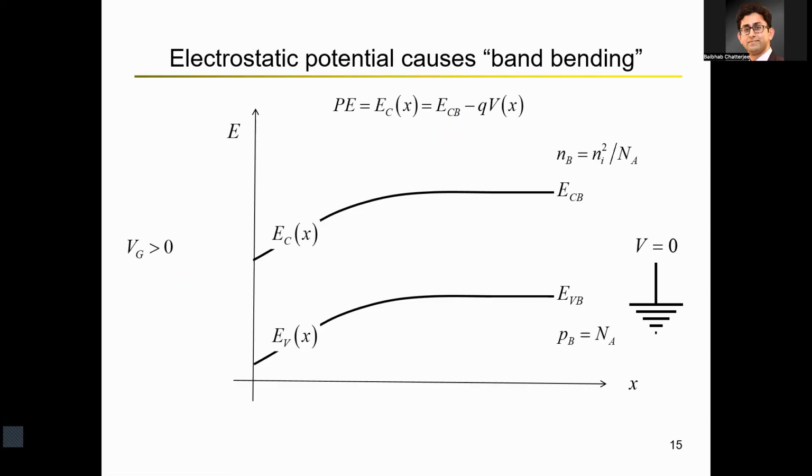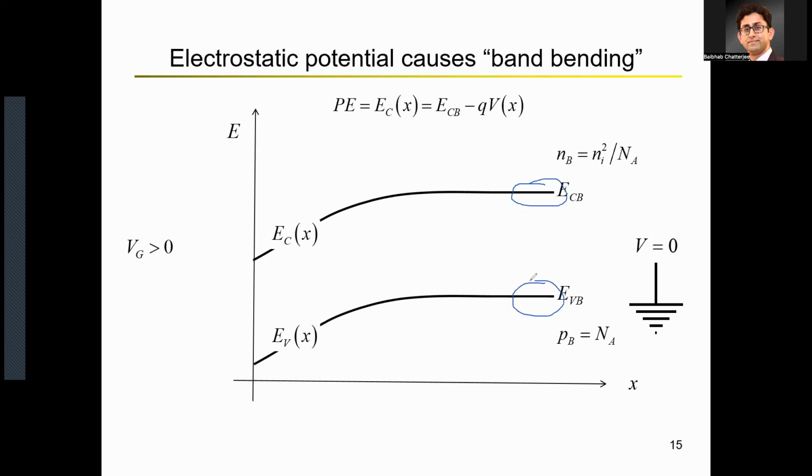All right. So this is why we are writing the potential energy. Your potential energy is basically the energy in the conduction band minus Q times Vx. So you have the stable conduction band energy here and the stable valence band energy over here, and you see some amount of reduction in those conduction band and valence band energies in this case. So as a function of the voltage within the semiconductor, for example, your EC of x, the conduction band energy as a function of x, where x is the distance along this x-axis,